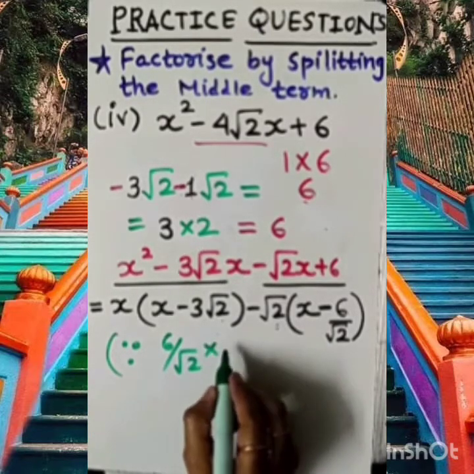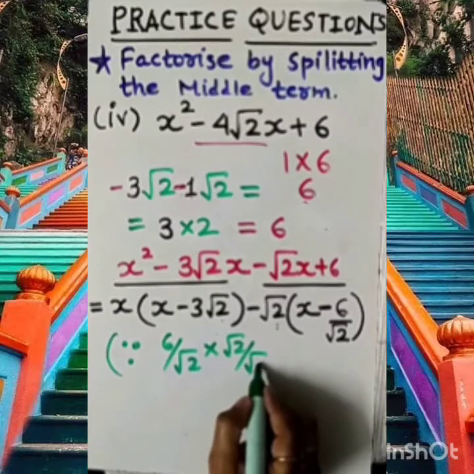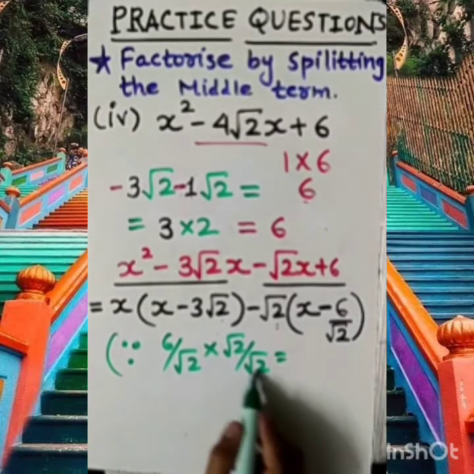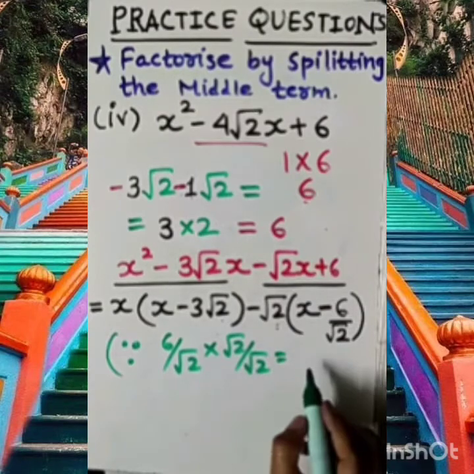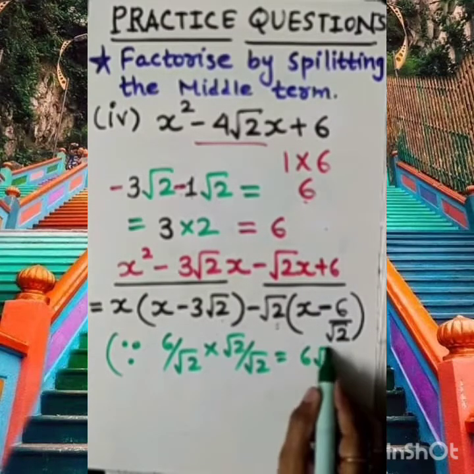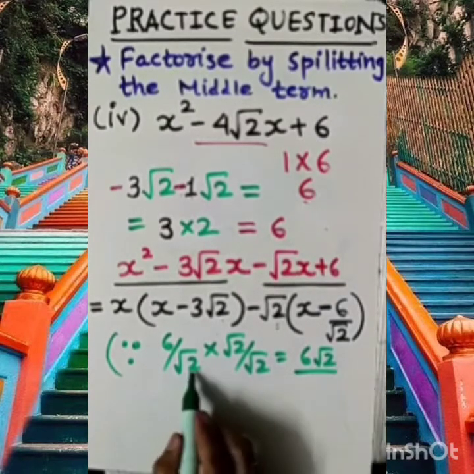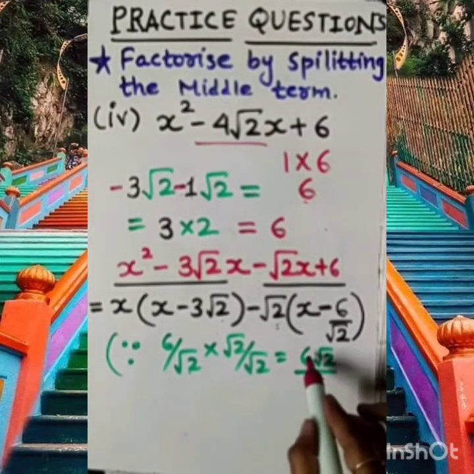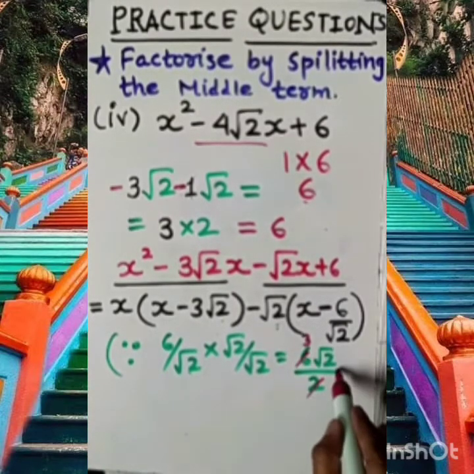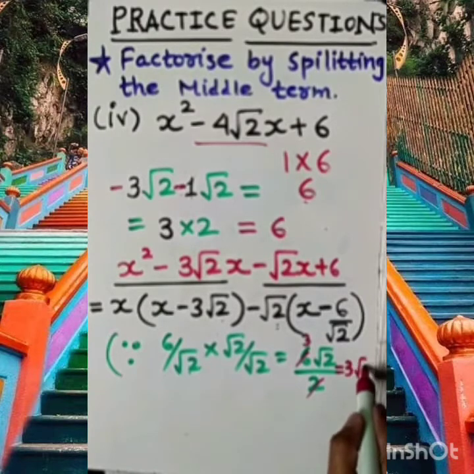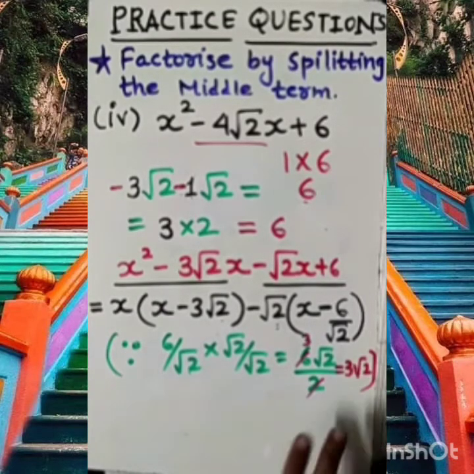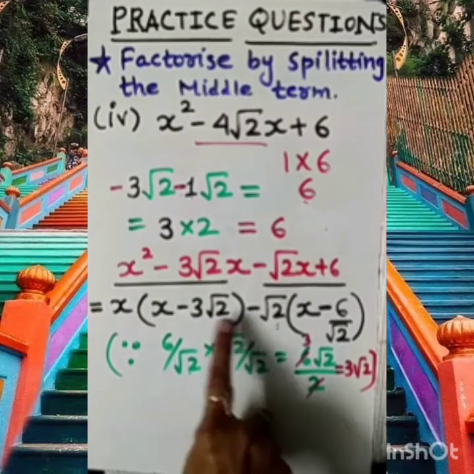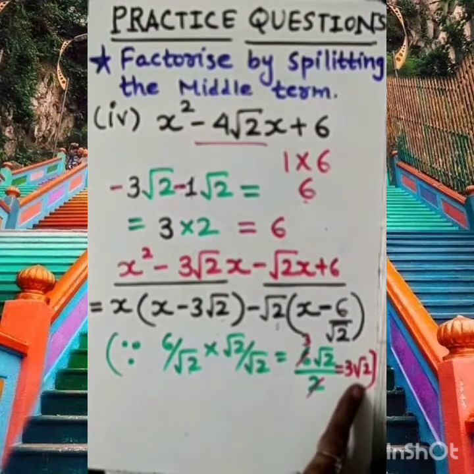If I rationalize it, you have studied rationalization. If I rationalize with root 2, then what will be the numerator? In the numerator, you can write 6 root 2. Root 2 into root 2 is 2. Agree? Root 2 into root 2 is 2. And if I simplify, here will be 3. So finally, the value will be 3 root 2. So you can see here, student, the simplification is similar to this. For your better understanding, I have written it here in brackets.